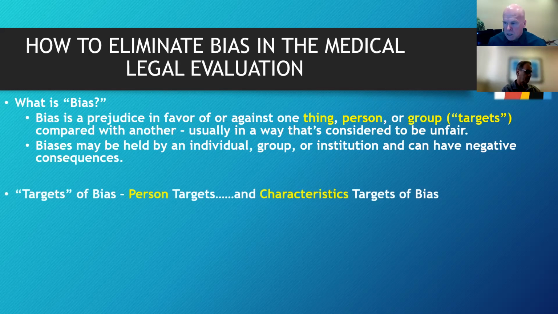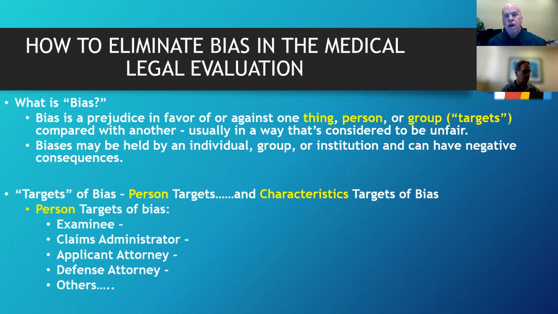Now, when we talk about targets of bias, in this discussion we're going to focus on person targets of bias in the system and also characteristic targets of bias. So who are the parties, who are the players in our small system, in our world, for whom we can hold unfair prejudices? Well, certainly, the focus of all prejudice is on the examinee, but also there's the claims administrator, there's the applicant attorney, there's the defense attorney. I say here that there's others also,